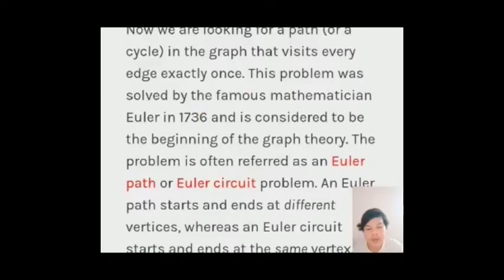Now we are looking for a path or a cycle in the graph that visits every edge exactly once. This problem was solved by the famous mathematician Euler in 1736 and is considered to be the beginning of graph theory. The problem is often referred to as an Euler path or Euler circuit problem. An Euler path starts and ends at different vertices, whereas in an Euler circuit